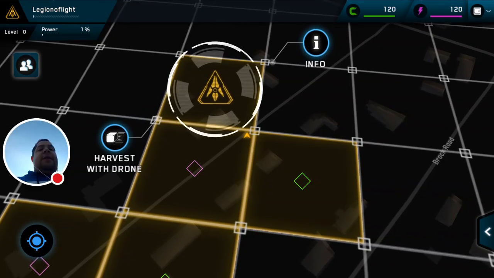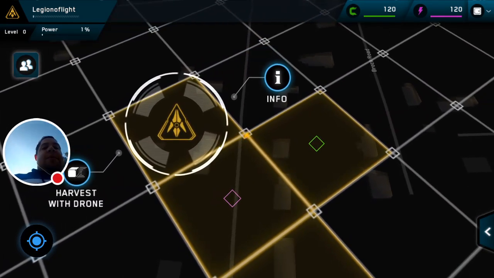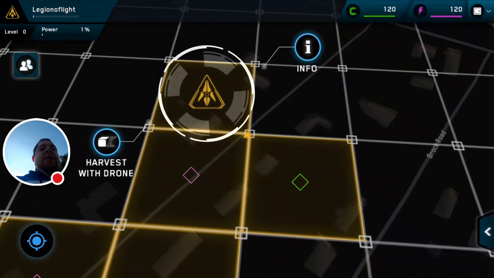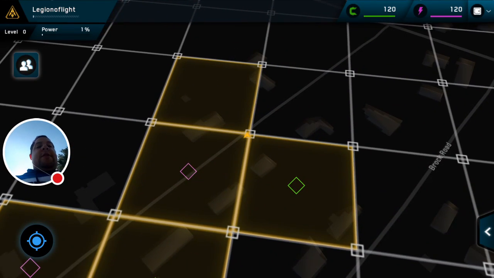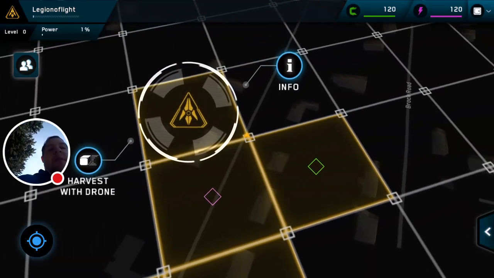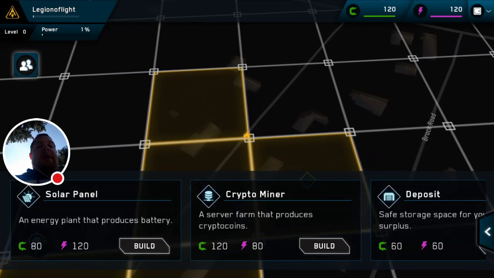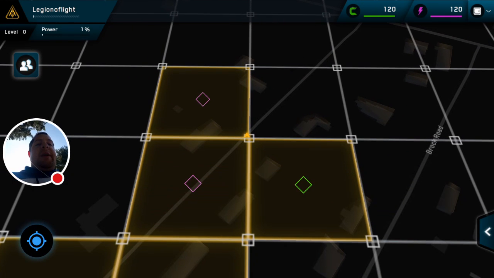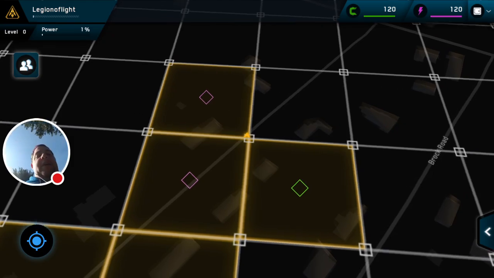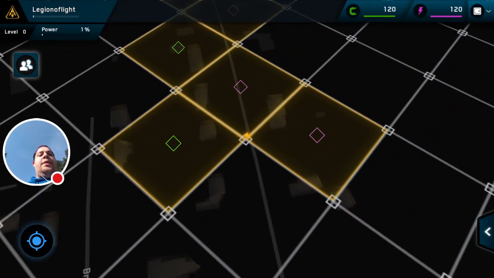Not quite into it yet. So we're going to keep walking, boom. Now we're going to walk forward just a little bit. Almost. I think we're in it now. There we go, build. So we're going to put a solar panel there. There we go. Now that we've captured our territories for right now, which actually we expanded by quite a bit today,